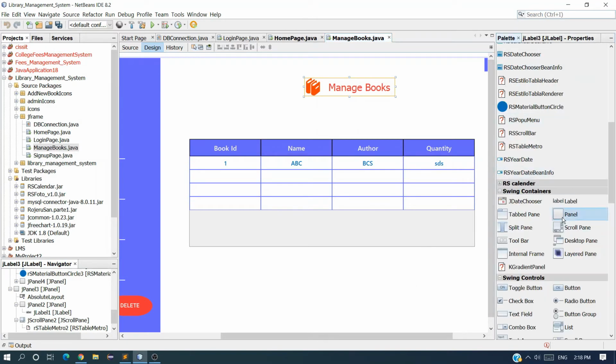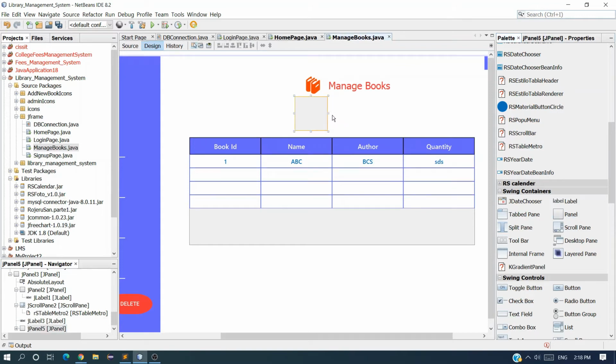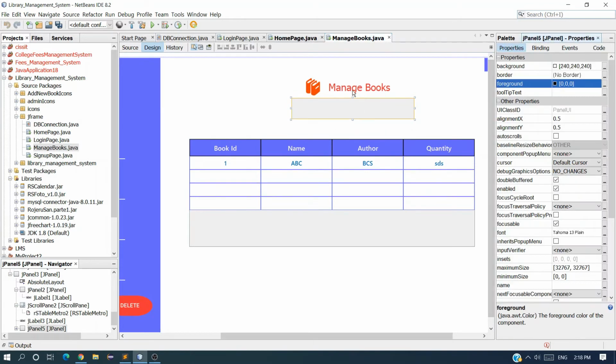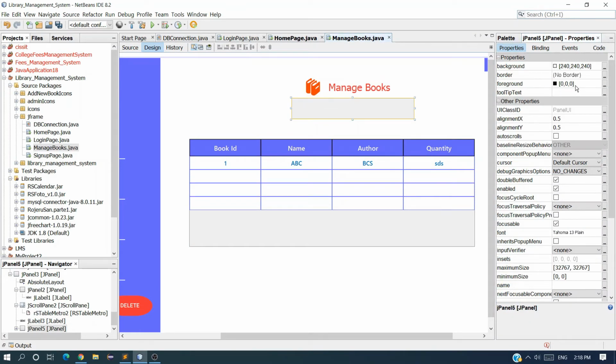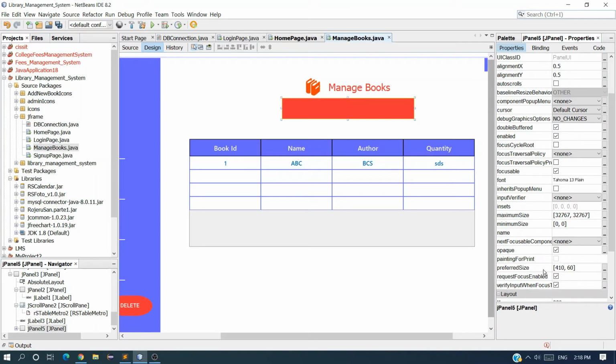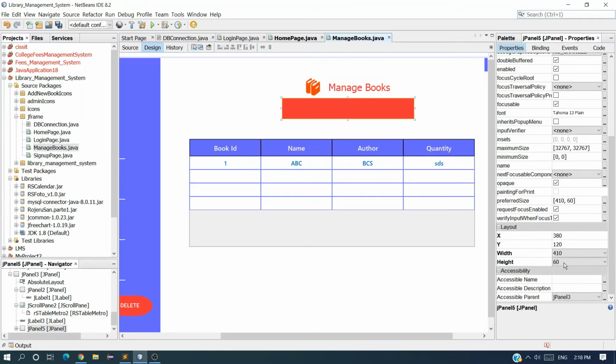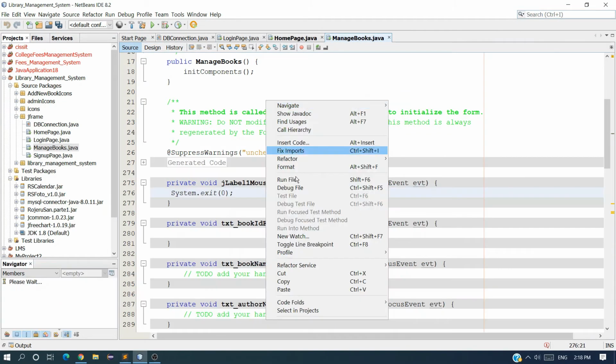Go to palette and take a panel. Now change the background color, I want this one, so select the panel, go to background and paste, and just change the width. Not width, change the height as 5. You can see we got it, and let me just run it and check how it looks.